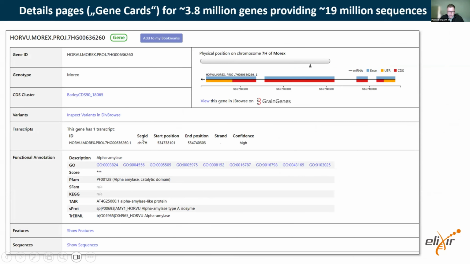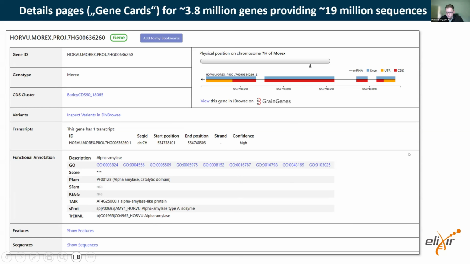There's the functional annotation available, how many transcripts, etc. Also, there's a link in this row, variants, to our variant browser, which links the pangenome to the bigger diversity space of more than 1,000 genotypes that have been genotyped with whole genome sequencing. And also on this gene details page, you can see the sequences and the distinct features